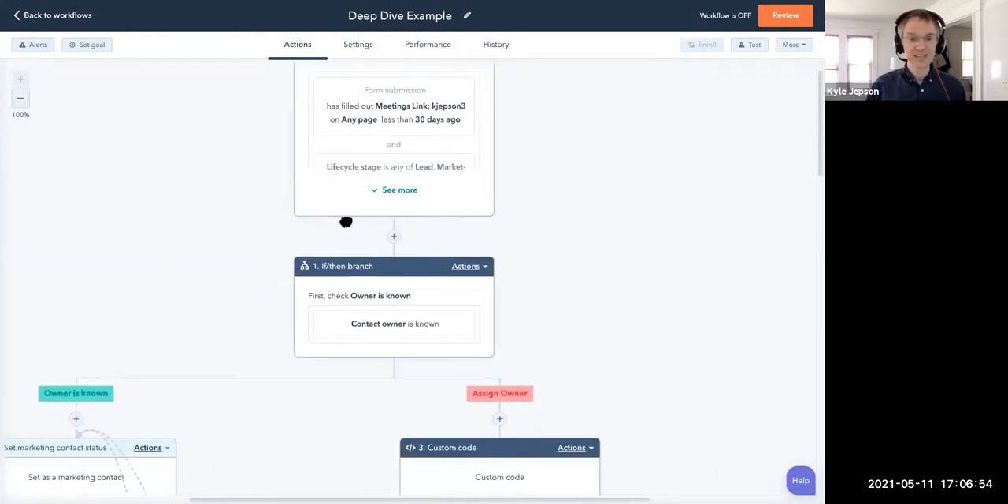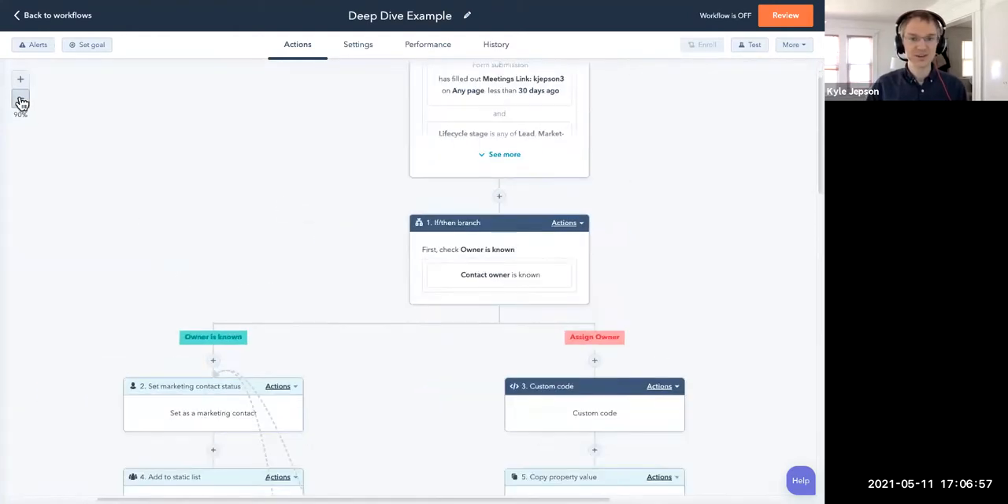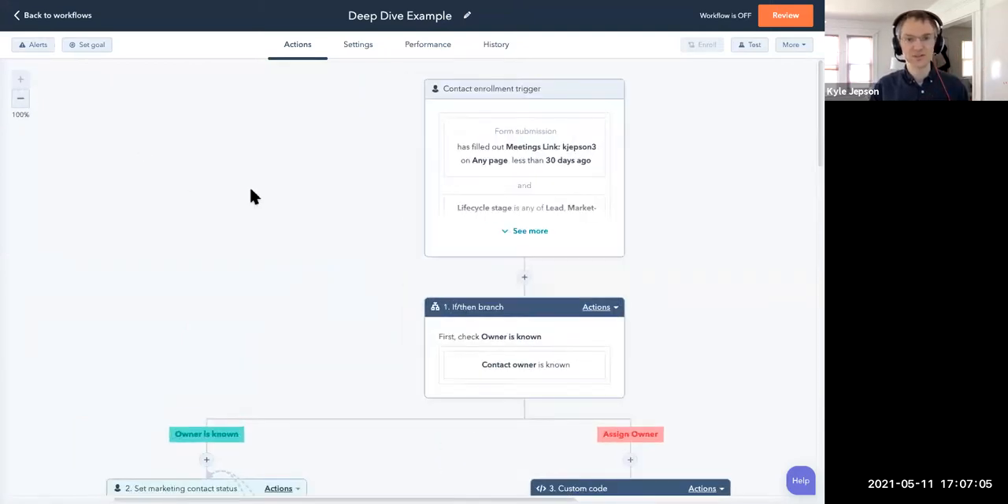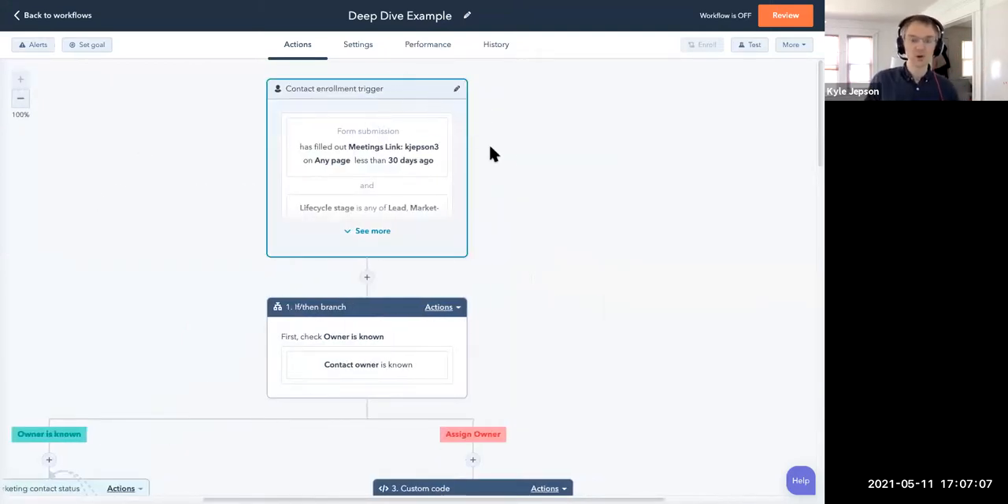You have this interactive canvas. I can zoom out here on the left. You can see actions in the form of a timeline. But I'll just start at the top and talk through this from top to bottom. First, you've got to enroll records. This is a contact workflow, so it's enrolling contacts, but you can make workflows for deals or companies or conversations